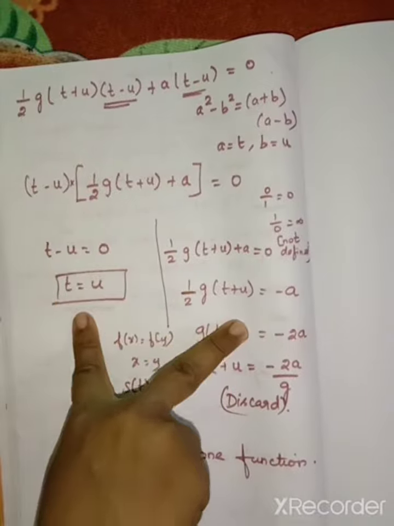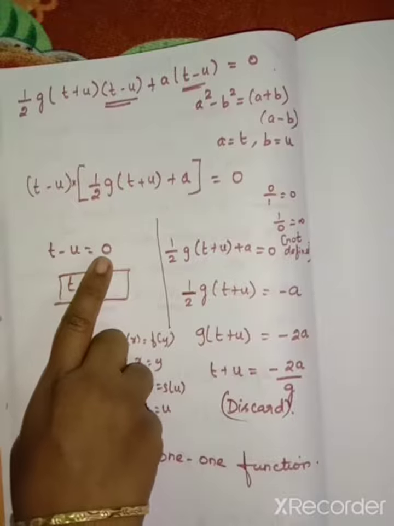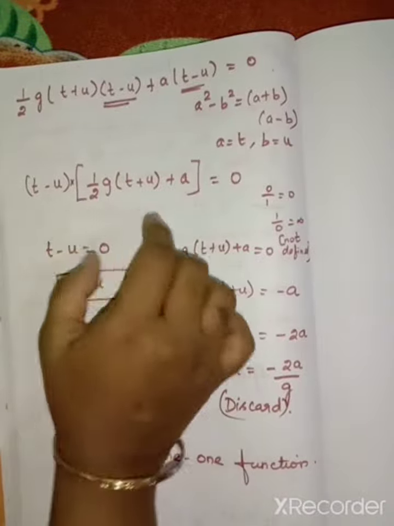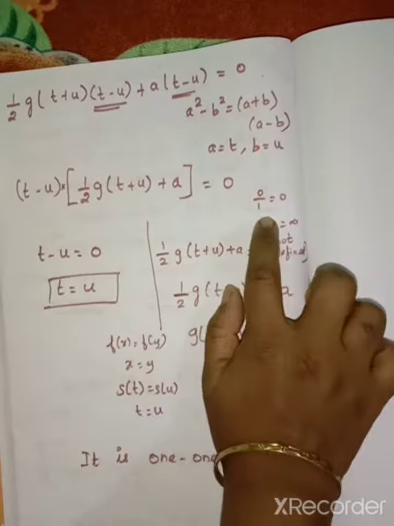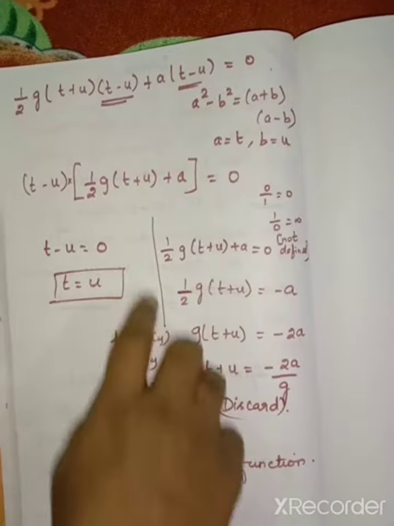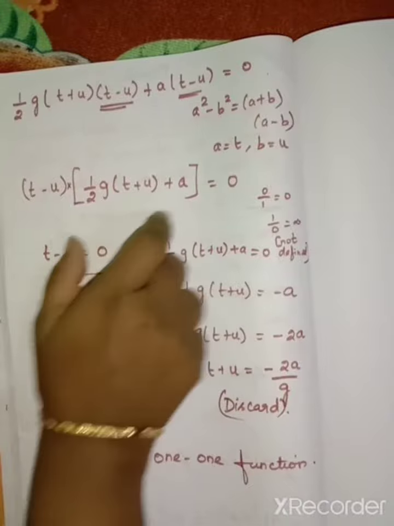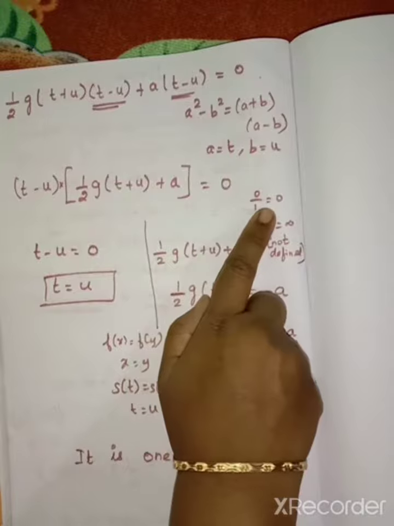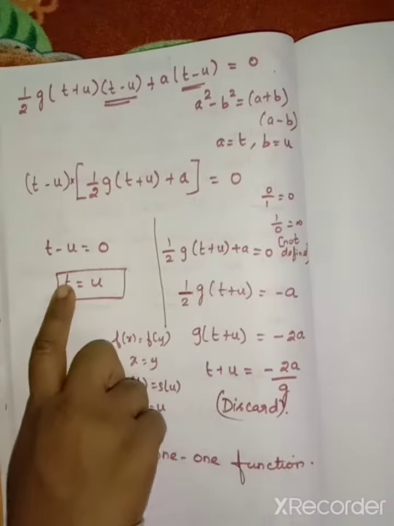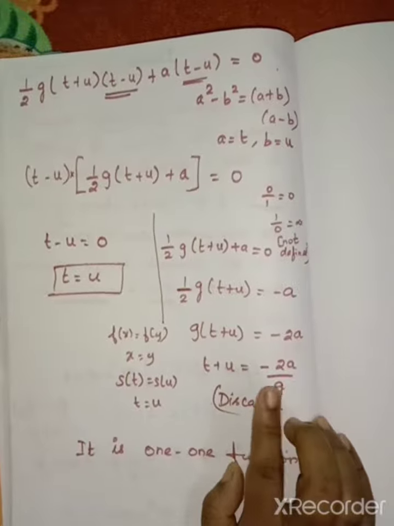So we have to take two sides. For the first side, we take t minus u equal to 0, because the whole term is in multiplication. If it goes to that side, it becomes divide, so 0 by anything gives 0. Likewise, the second assumption: if we take this part, t minus u comes down, so 0 by anything is 0. Now we want to solve this one. So t equal to u. Here if it is solved, we get negative gravity.